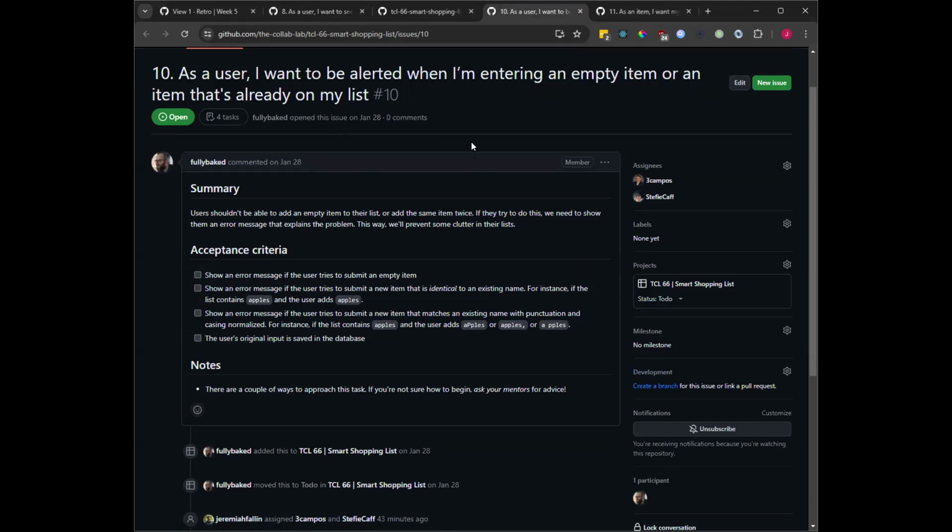are duplicates. So the AC for this one's going to be that an error message is shown if the user tries to submit an empty item, so like an empty string or like spaces, things like that, without text. Show an error message if the user tries to submit a new item that is identical to an existing one. So if the list has apples and the user tries to add apples, they get an error message, and then